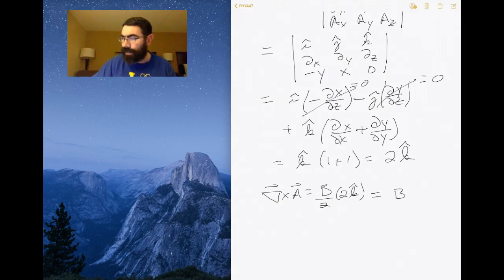So I should get B, the magnetic field pointing in the z direction. So this A is a good choice of a form because it gives us the magnetic field in the z